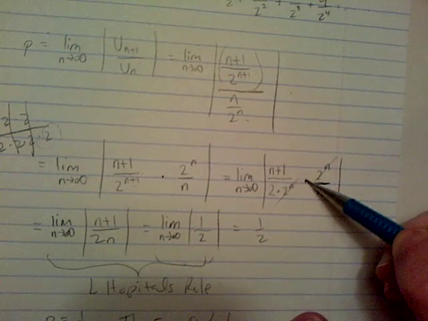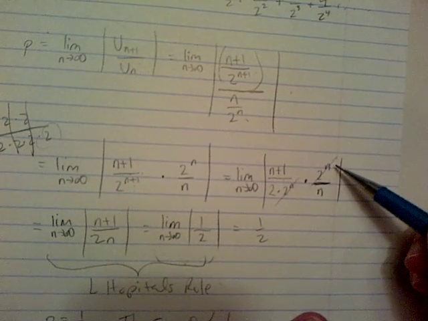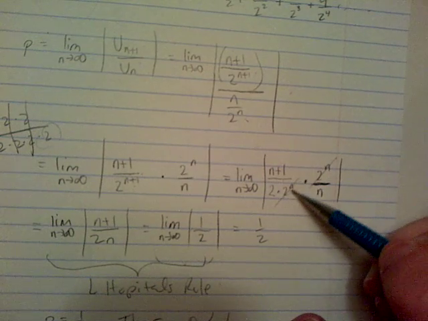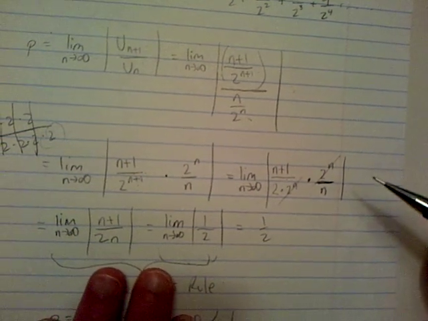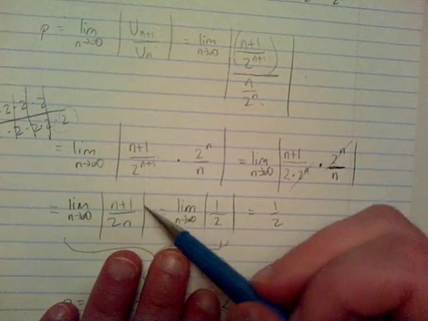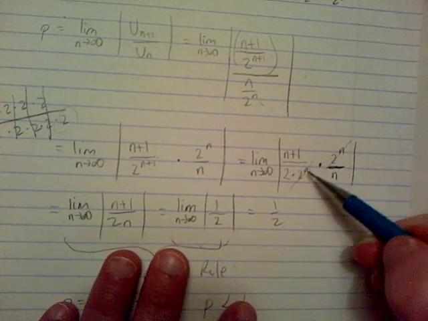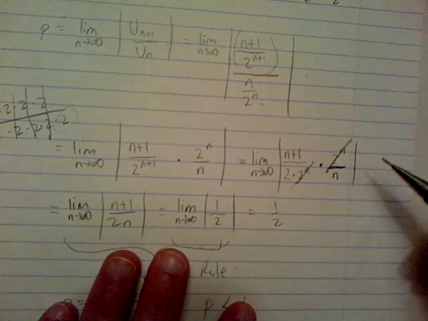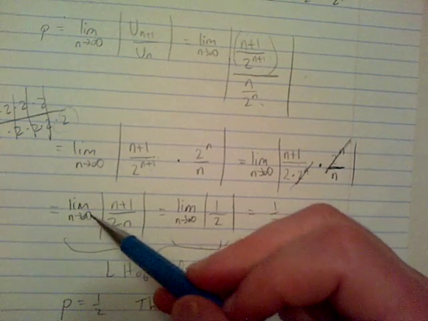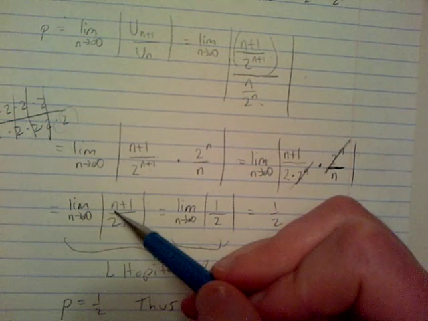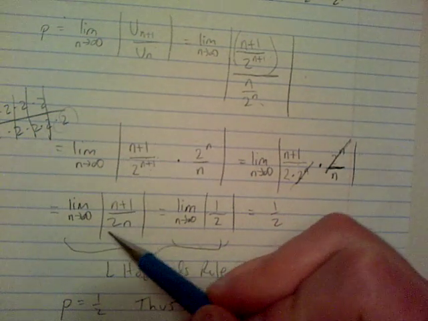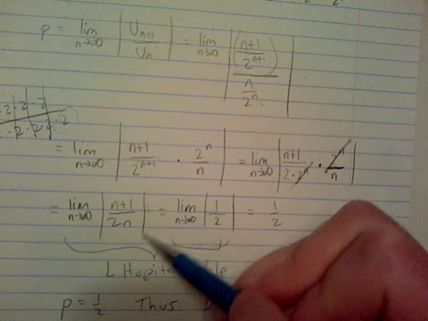Therefore, when you multiply this, the 2 to the n in the numerator is going to cancel out this 2 to the n in the denominator, leaving you with the following, which I wrote down here, because I crossed these out since they canceled, leaving us with the limit as n approaches infinity of the absolute value of n plus 1 over 2n,